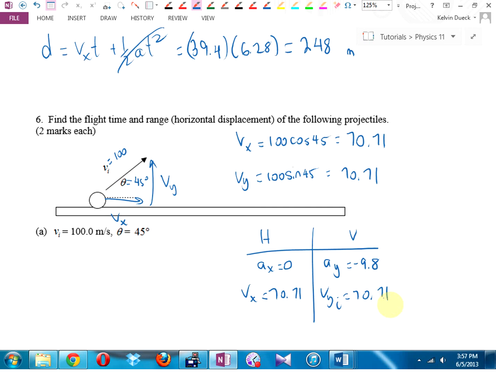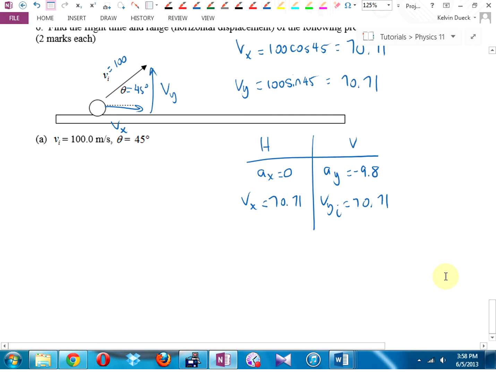Now, what's the first thing you wanted us to find? Time. Can't yet. There must be something else that I know. Vi is 0. Vi is, VF. First of all, vertical or horizontal? What are we talking about for me so I know what column we're under? Vertical. Okay, vertical. What are you going to suggest? VF is 0. VF is not, VF is 0 after it hits, but that doesn't help me. What is VF, McKenna? Vy final. 70.71. How come? Because what goes up must come down,